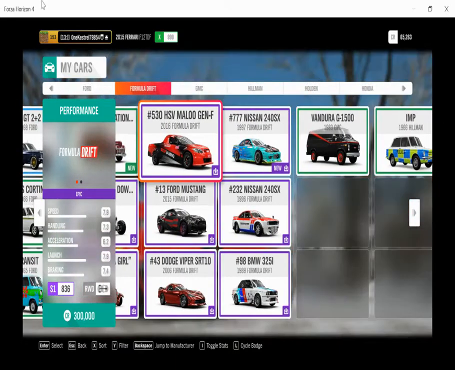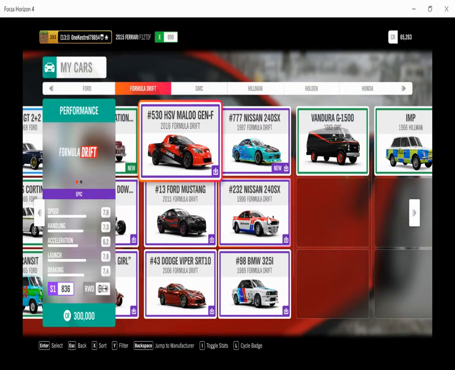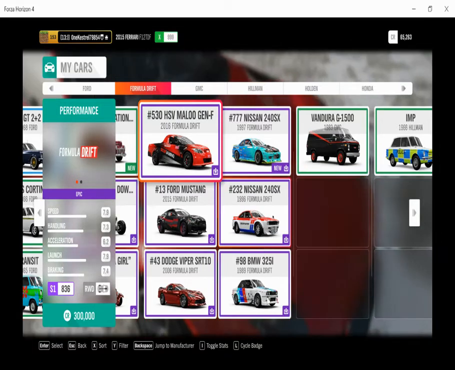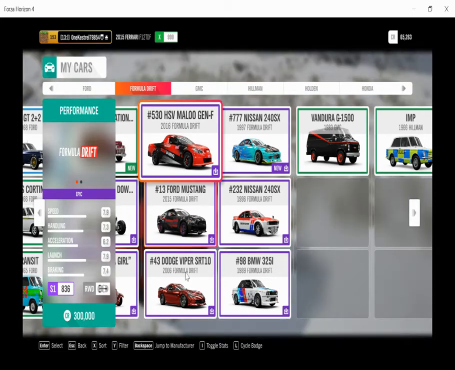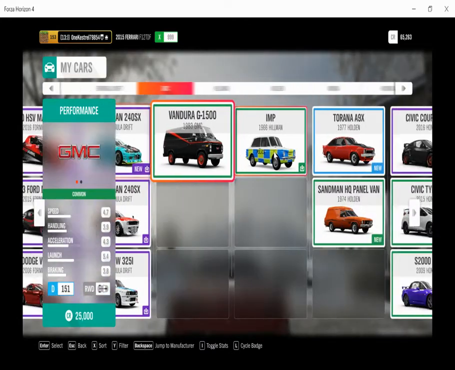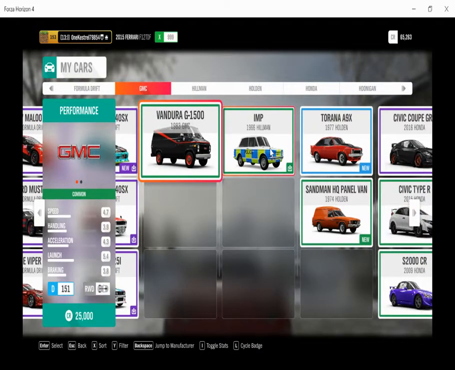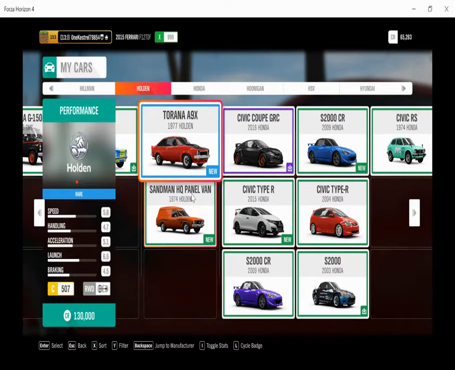And I have the 6 Formula Drift cars, the HFC, the Maloo, the 240SX, the other 240SX. Oh, by the way, there are 2 240SXs? Okay. And then a 325i, a Mustang, and a Dodge Viper. I have this GMC Vandura van, this Hillman Imp, this Holden Torana, the Holden Sandman HQ panel van, and then